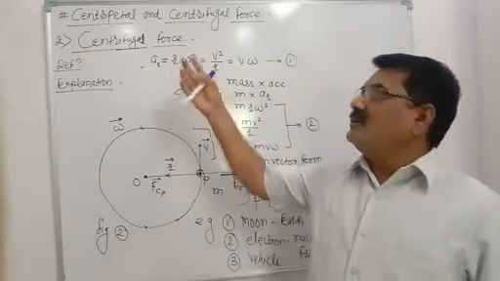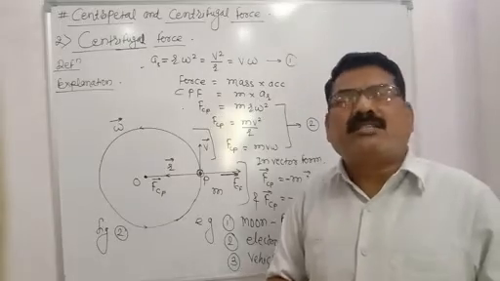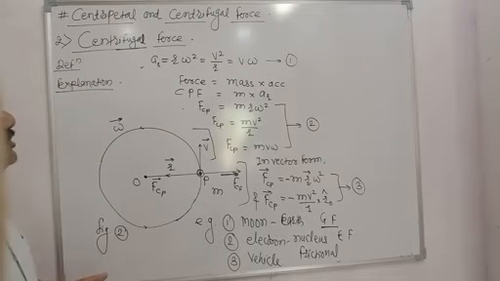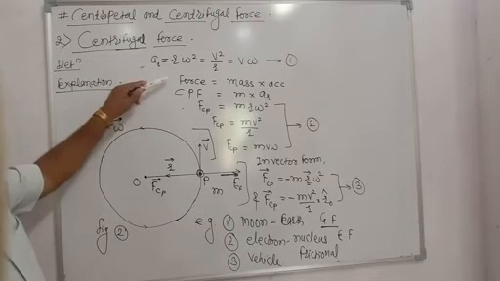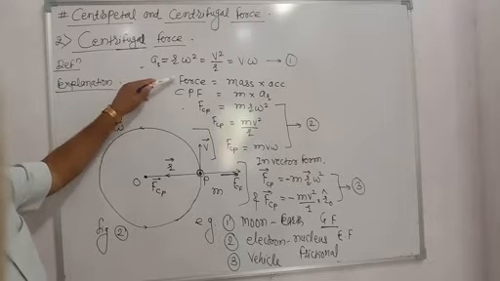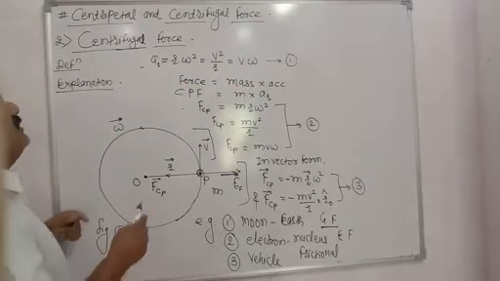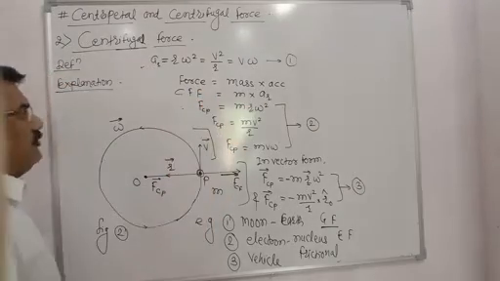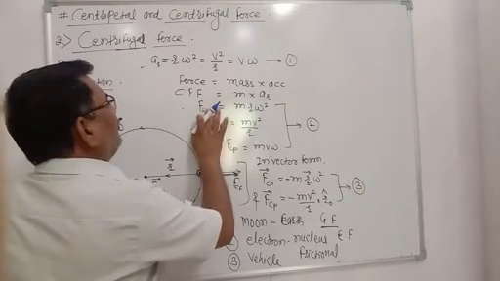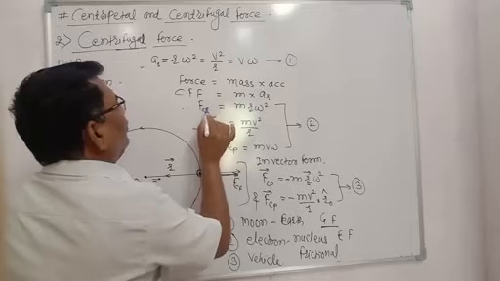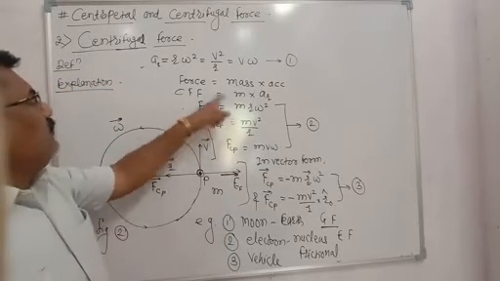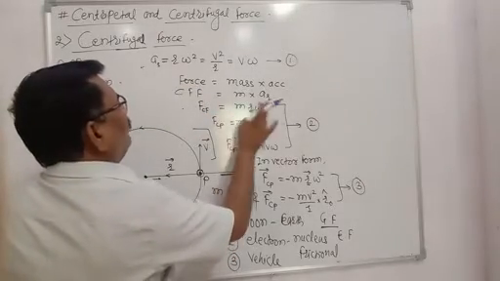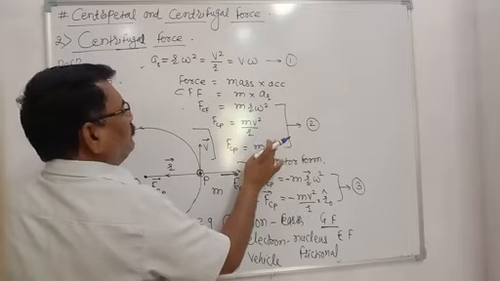So here it is known as the imaginary force, or the pseudo force. Again, according to Newton's second law of motion, the centrifugal force is equal to mass into acceleration. So let us write, centrifugal force F_CF is equal to mass into acceleration, which is m r omega square, or m v square upon r, or m v into omega.